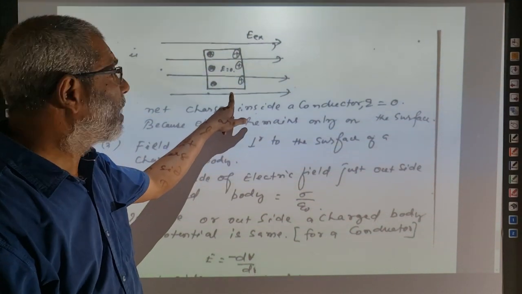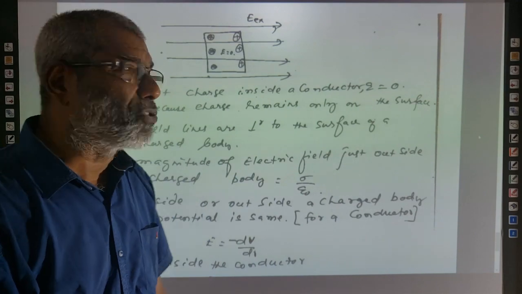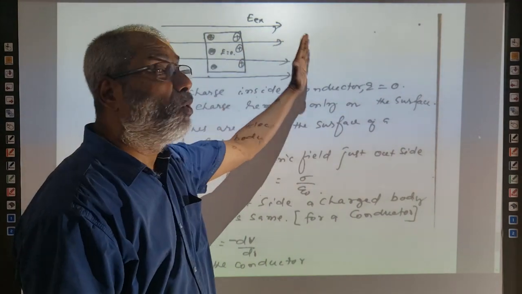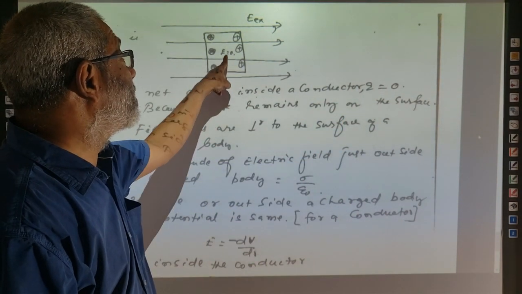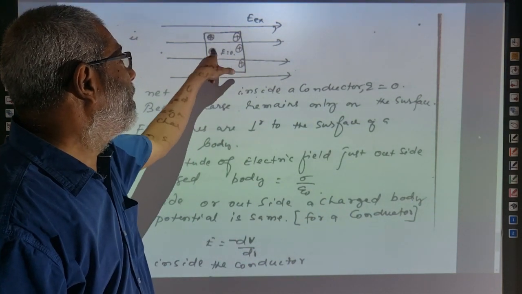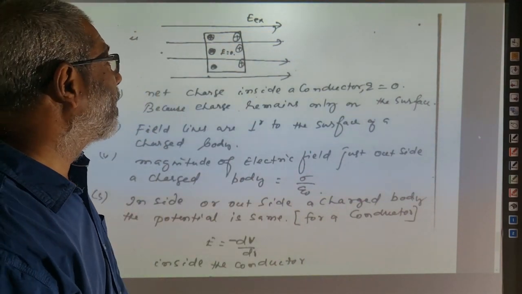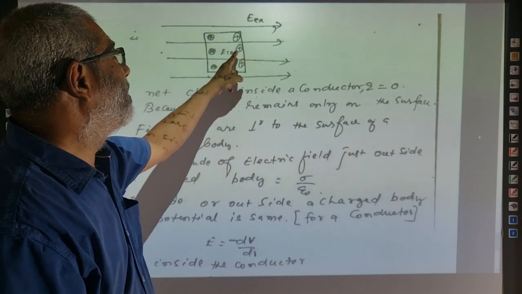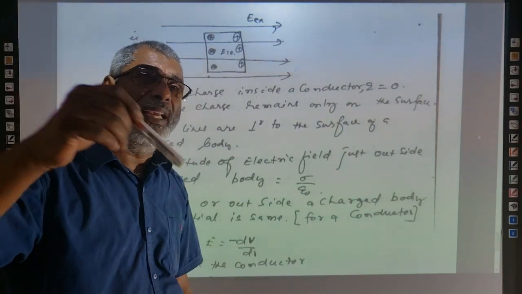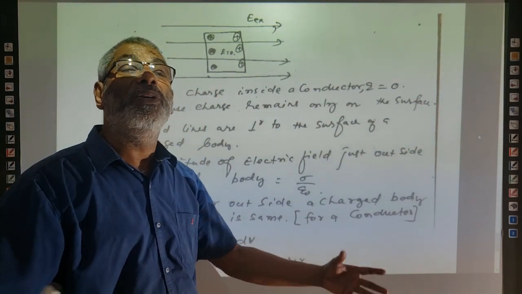So what is happening here? A total conductor is placed in an external electric field due to a charge distribution. Negative charge will move in a direction opposite to the electric field, while positive charge will move in the direction of the electric field. So inside the conductor, the charges will not be present. I mean, the charges will not be present inside the conductor when it is kept inside the external electric field. Hence we can say that the intensity of electric field inside a charged conductor, or when it is placed in an electric field, is equal to 0.